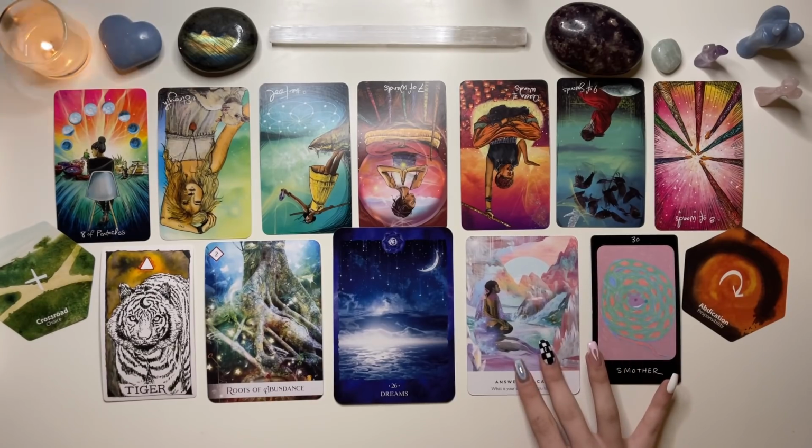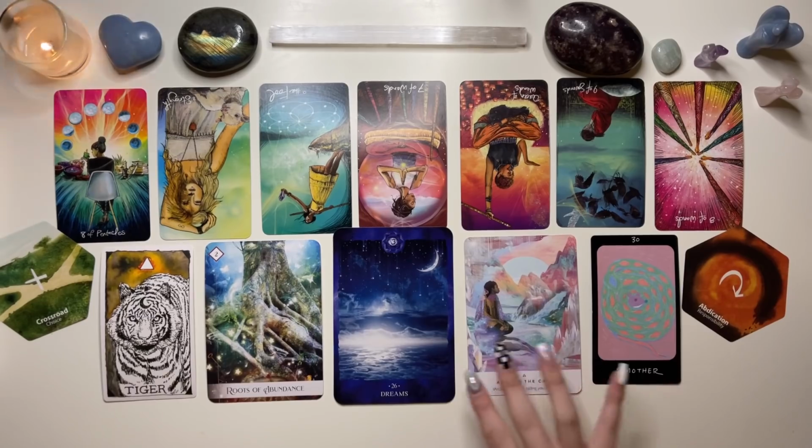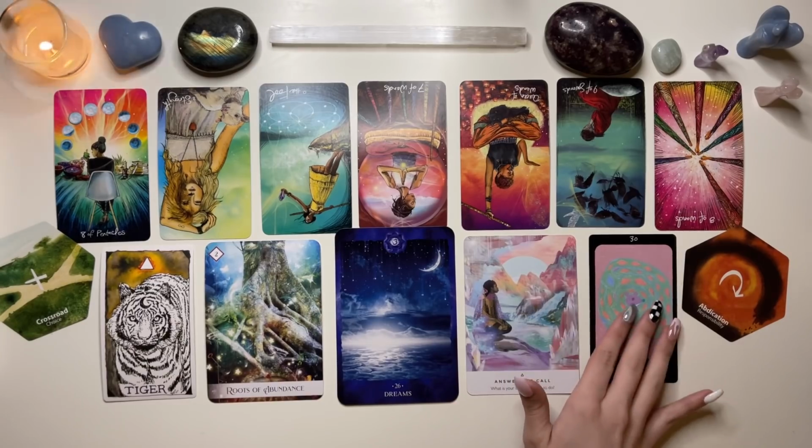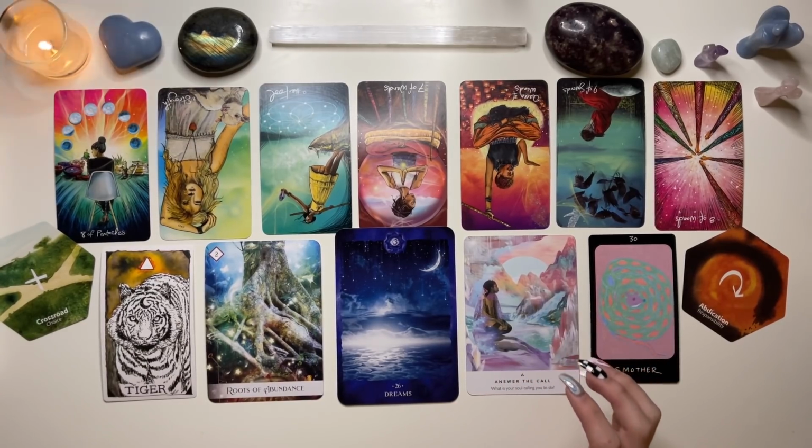And I think at this point, Spirit is asking you to stop using issues in the physical world as a way to delay addressing what's going on inside, because you're not going to be able to delay that forever. And I feel like you're suppressing a lot of inner stuff that you need to be addressing right now. It could have to do with career, but I think that this doesn't necessarily have to be about your career. I think it could just be about anything your soul is calling you to do,